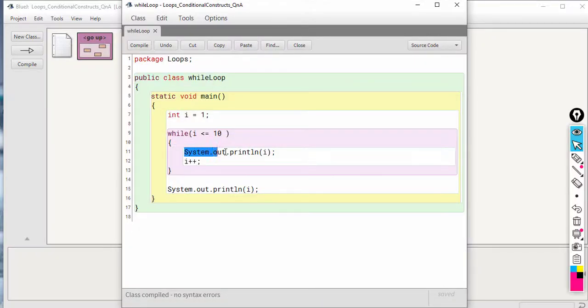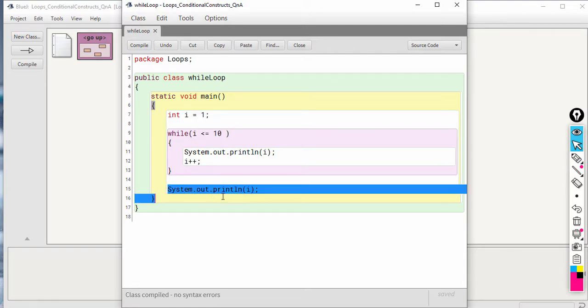The loop runs 10 times, okay? Let's say the value of I is 10, so the condition will be true, control will come inside, 10 will be printed, then the value of I will become 11, okay? Then control comes to the update part, to the condition part, and here the condition is checked. 11 is less than equal to 10, which is false. So the control comes out of the loop to line number 15 and 11 is printed.